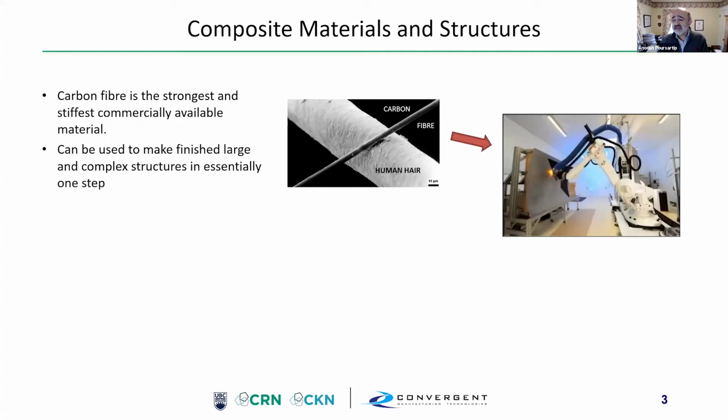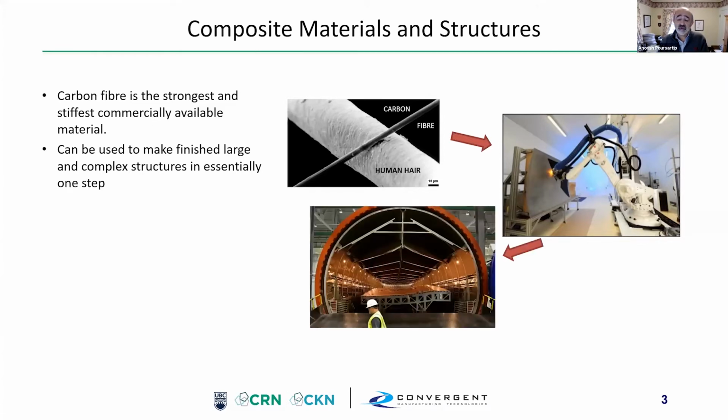So the way we do this at the advanced end of the business is we use very sophisticated robots which lay down strips of this material on a very complex mold, and we build up whatever structure we want. So we can build up literally a whole airplane wing in one step. What we then have to do is literally cook it. And so your mental image of cooking lasagna in an oven is absolutely applicable.